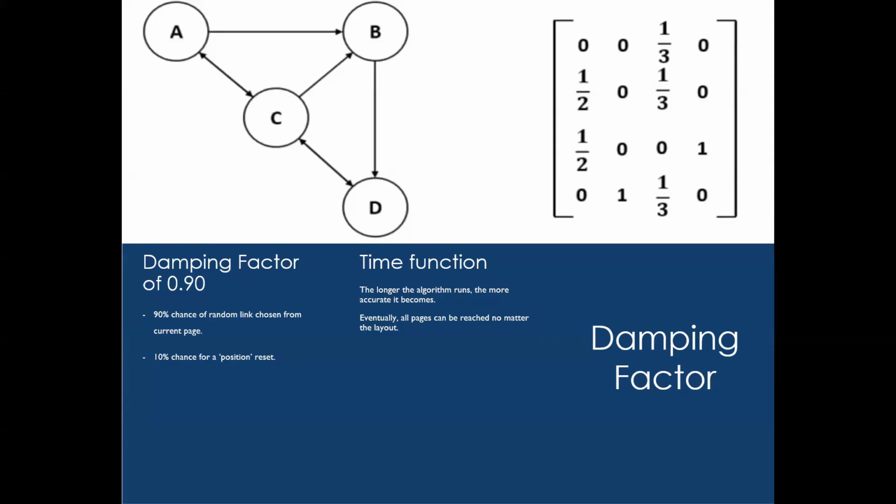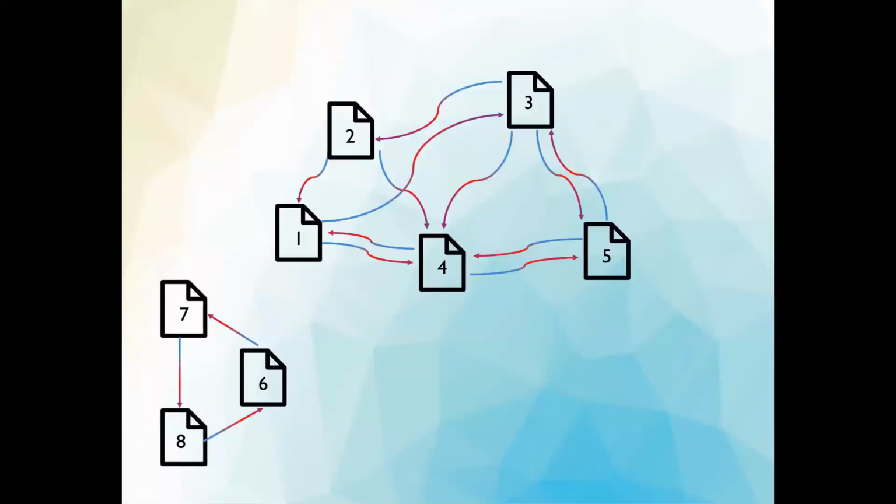Okay, so suppose the damping factor for our algorithm is 0.90. This means that there is a 90% probability of, at any time, a random link for the next page will be selected from the current page, and the other 10% of the time, a new random page from the internet will be selected. So the process starts all over again, so that eventually all pages are reachable no matter the